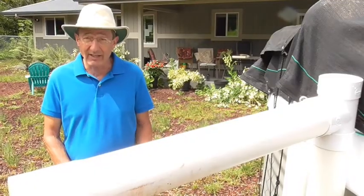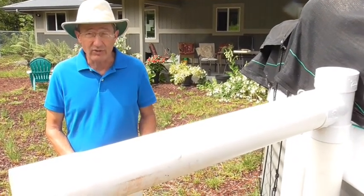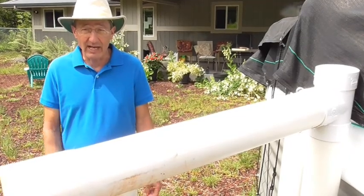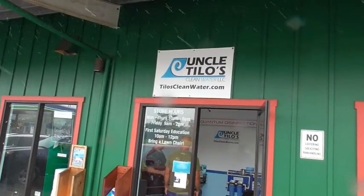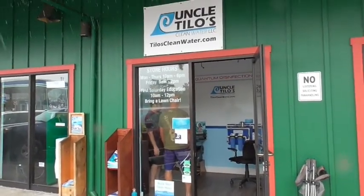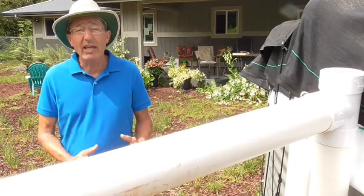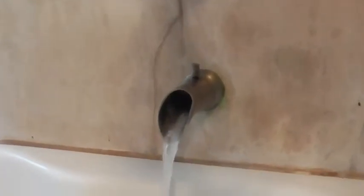If we're not treating our catchment tank properly, we do have the potential to be affected by some of these contaminants. So Uncle Tilo's Clean Water was established to try to help people manage their systems and to be safer at using rainwater for their household use and consumption. But we also focus a lot on community outreach,